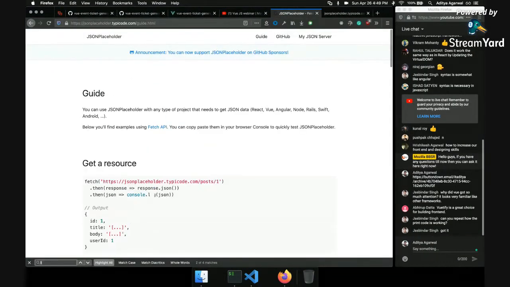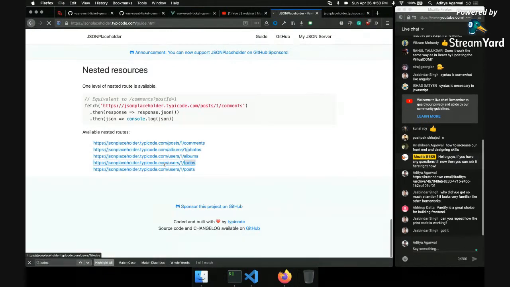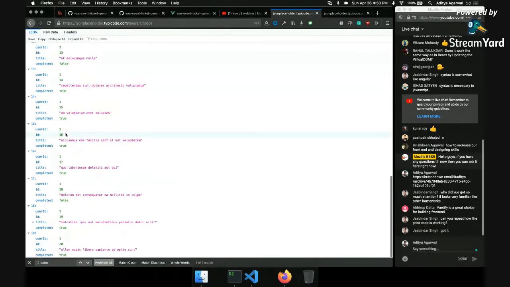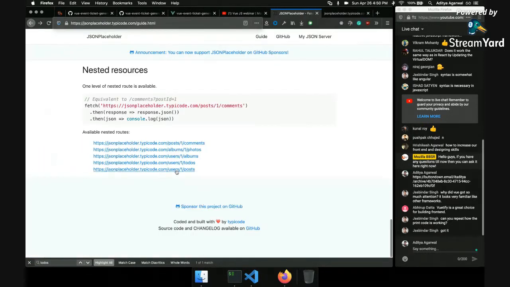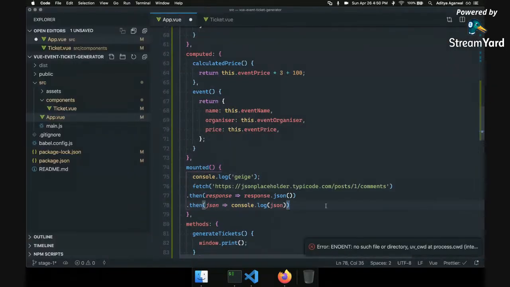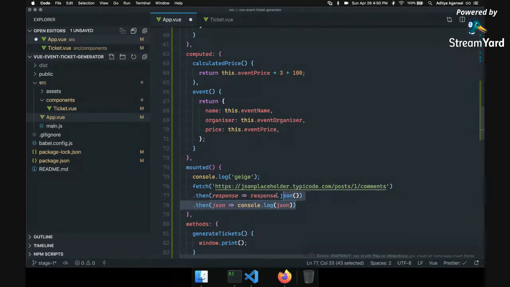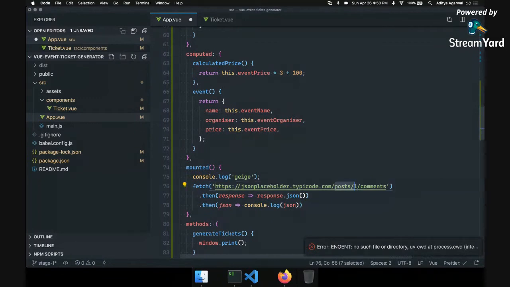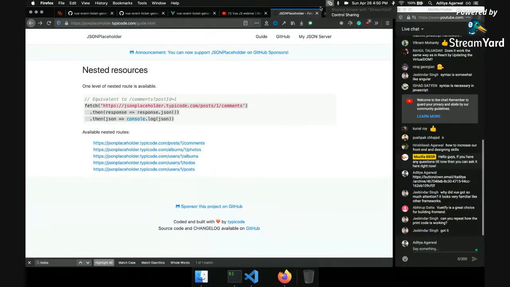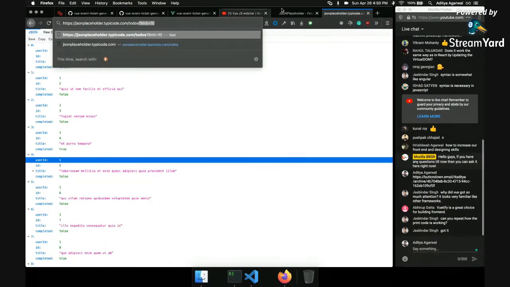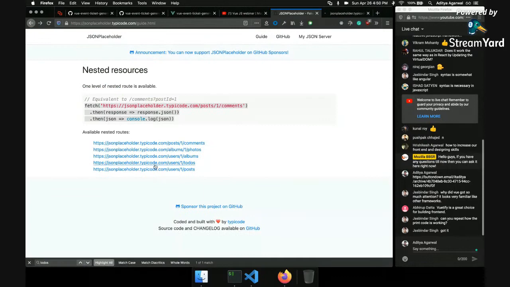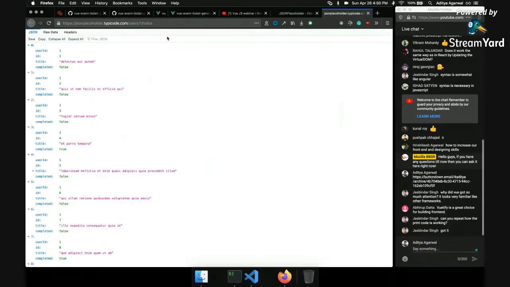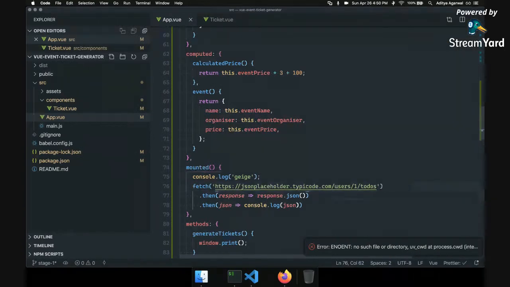So yeah, let's use this API. So first we'll make an API call, and this is fairly boilerplate fetch code, and here I'll say users/1/todos, and let's see what the result of that is.